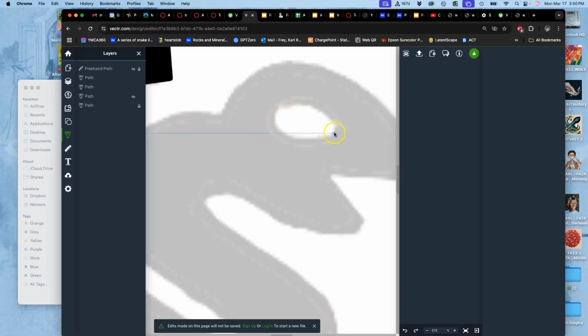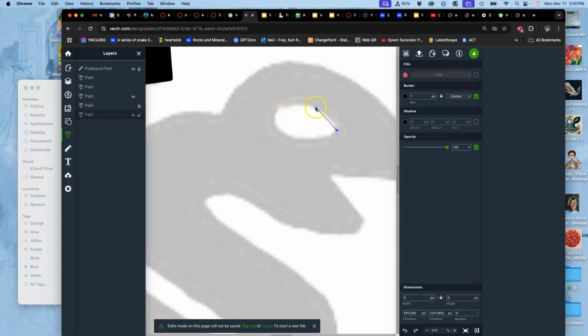So I'm going to start with a point, let's say here. And then I'm going to reach for the next point, but then instead of just clicking, I'm going to click and drag. And that will turn that into a curve. Now, why didn't I do that from the beginning? It's because when you make a curve like that, it's going to want you to finish with a curve. And in this instance, this is the exact reason it does that, because it's nice to echo that curve with the same curve. So it's trying to help you. But if I didn't want to, what I can do is click back to this original and hold down